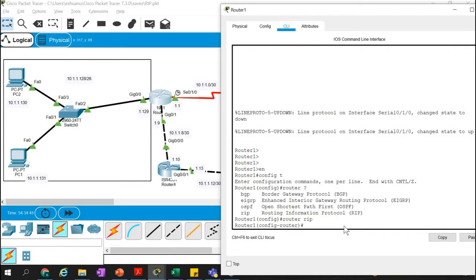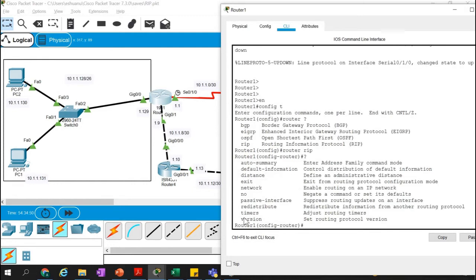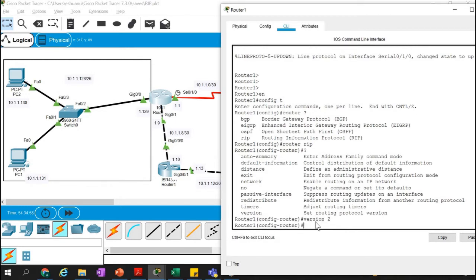We are having the router RIP, and I'm not using RIP version 1. I'm just using version 2. So you can choose an option version here, right? So just type version 2. So now the RIP you're running on this router, that is version 2. And one more thing, if in one router you are running RIP version 1 and another router is running RIP version 2, they will not form neighborship. They will not transfer routes to each other. They should be having the same version on the routers. Okay, so that version 2. And now RIP is done.